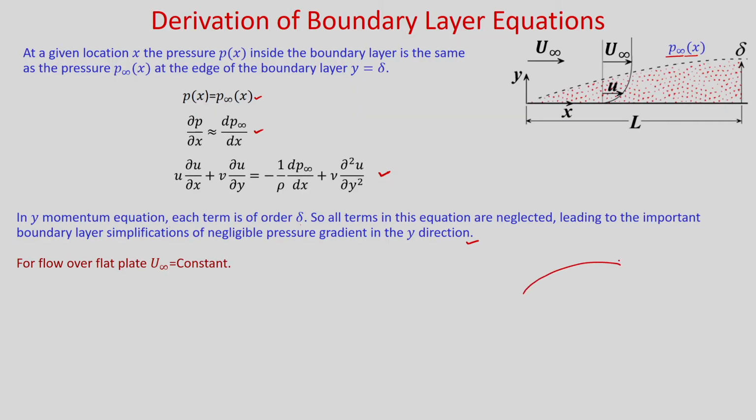Now, consider this pressure gradient for, let us say, a general curved surface. You can have the boundary layer like this, where this is the boundary layer thickness delta, x is measured along the surface and y is measured perpendicular to the surface. In this particular case, the outside pressure P infinity will be a function of x, and for that reason the free stream velocity u infinity will be a function of x.